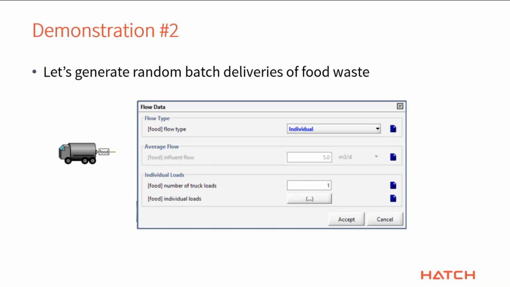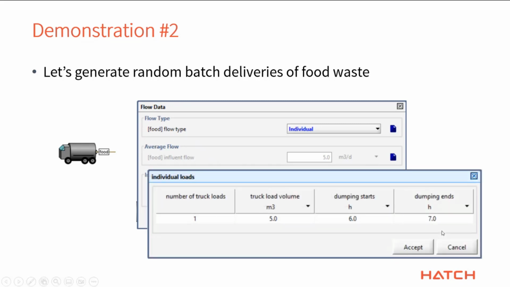You can either set it as a constant like you would normally, or in this case, a number of individual truckloads. If I click on this button, it says that if you have multiple trucks, you could specify different values for each of these, but I'm just doing one delivery per day. A certain volume is going to be added, it's going to happen at a certain time, and it's going to end at a certain time. So what I wanted to do was to run simulations where we can do some